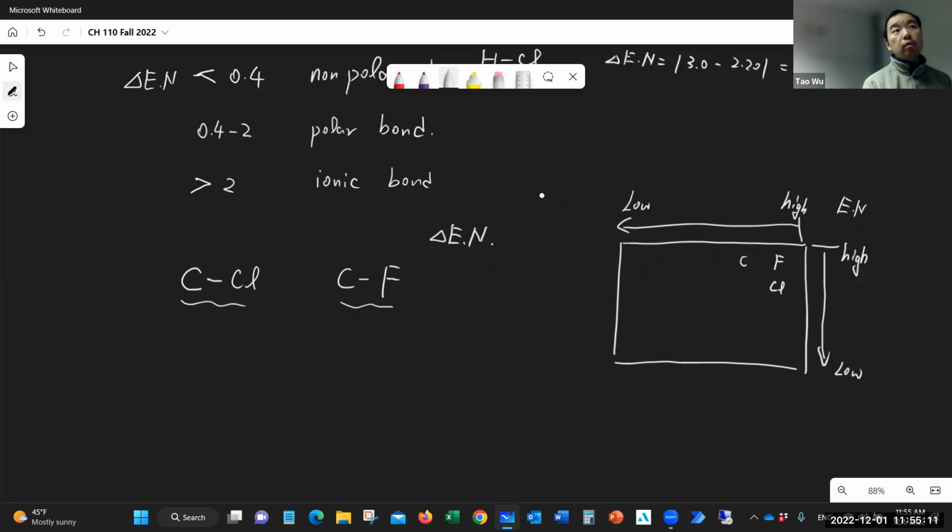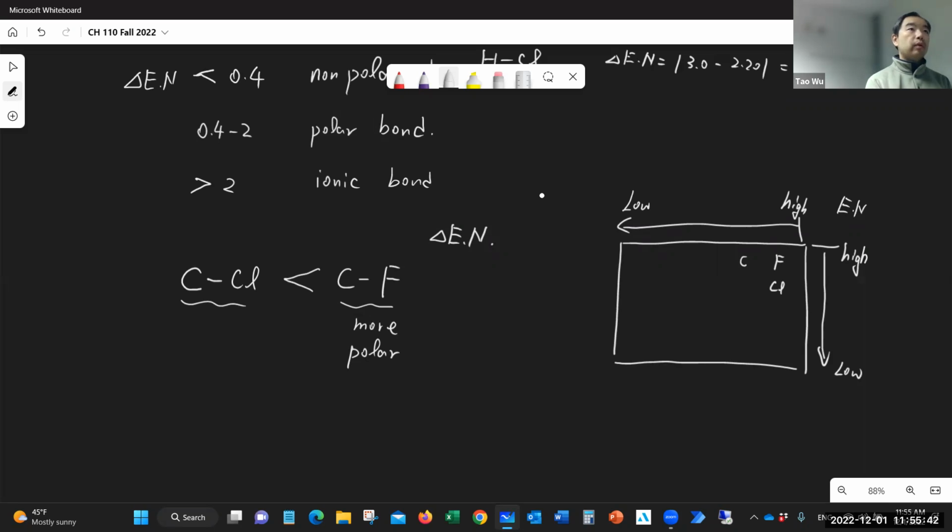What do you think? Obviously it's fluorine, right? So that is why this one is more polar. The carbon-fluorine bond is more polar than the carbon-chlorine bond. That makes sense, right? Generally, you can base it on the trends to figure out which